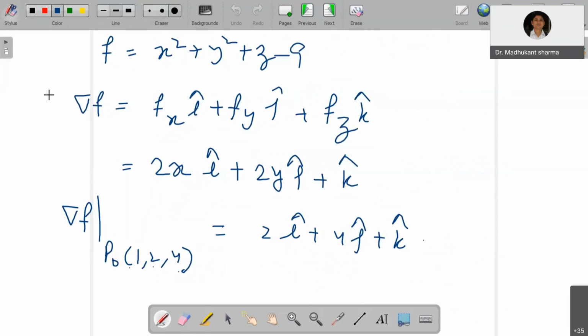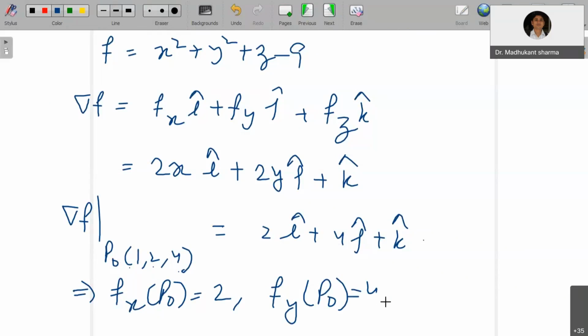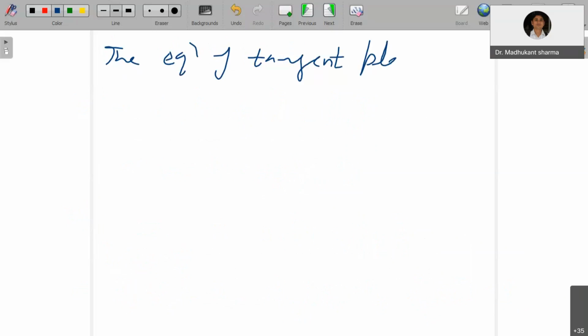So just now you have identified that from here, this implies fx at P naught equals 2, fy at P naught equals 4, fz at P naught equals 1. Okay. Now I have to write the equation of tangent plane passing through